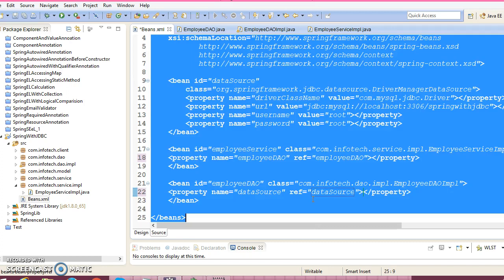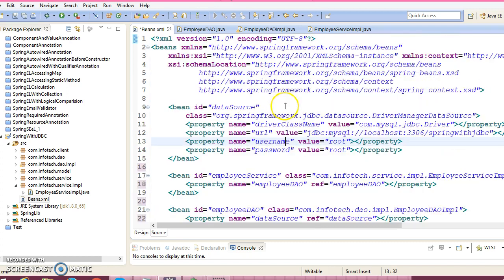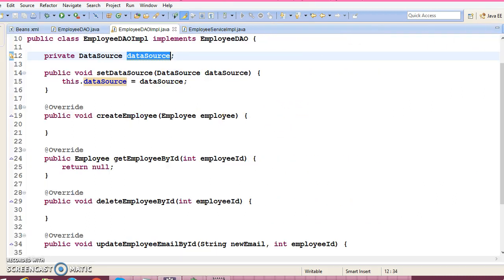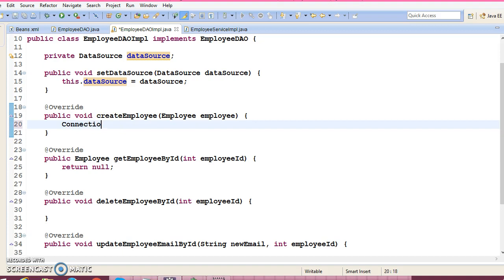So almost we have configured the XML file. Now we need to complete the first API, create employee. Yeah. So here first of all I'll show you how usually we code in the traditional JDBC fashion. So here let's create a connection,